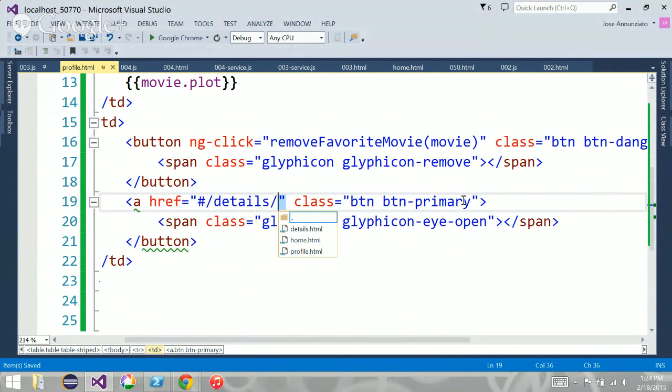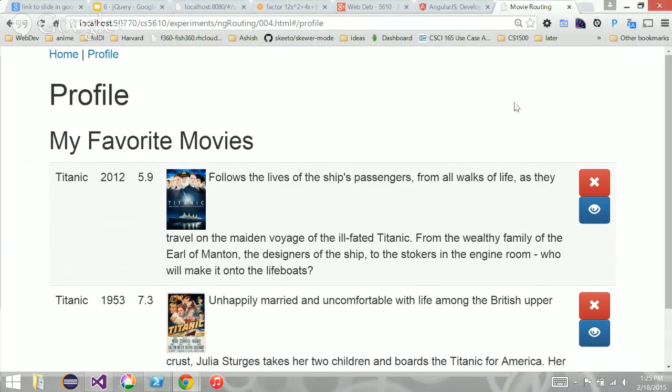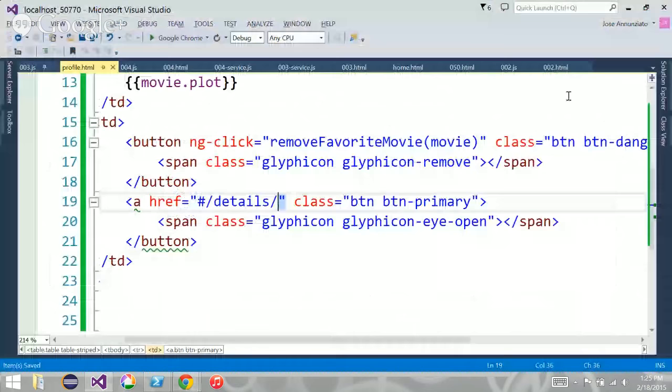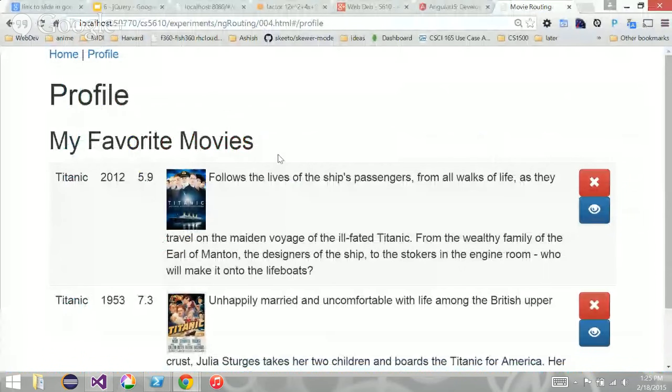There are two ways of doing this. We can pass the actual ID, which I think is in the IMDb object somewhere. Or we have the favorites in memory, so we could pass the index instead, and using the index I can go into my array, fetch the movie object and get the ID from there.